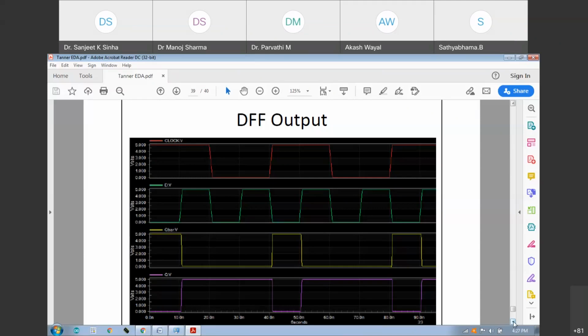But in the same positive clock, this input changes. You can see the second pulse of this input, D. At the same positive clock, this input changes to 1. At that time, this output becomes 1, because this output is changing from 0 to 1. Now it becomes 1. But after that, since this clock is negative clock,